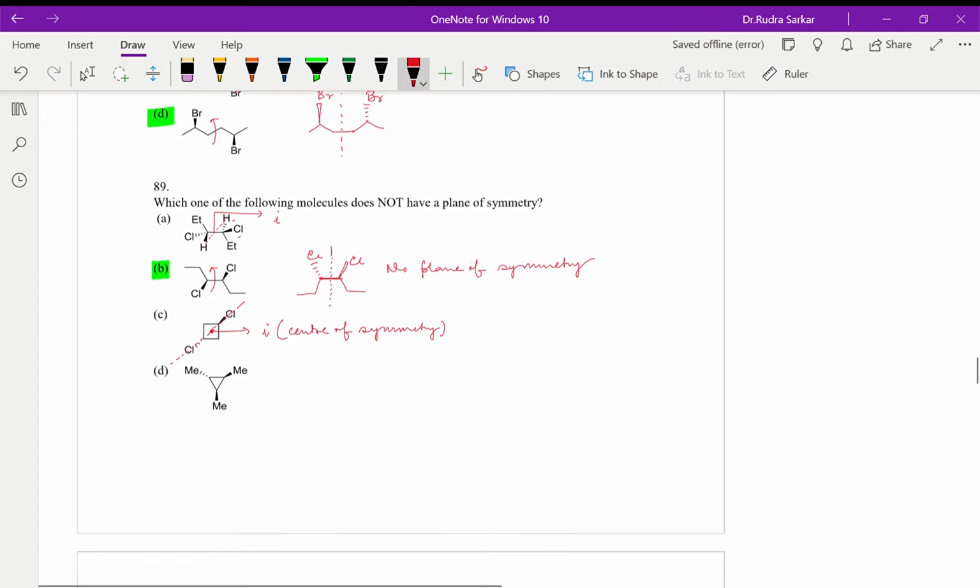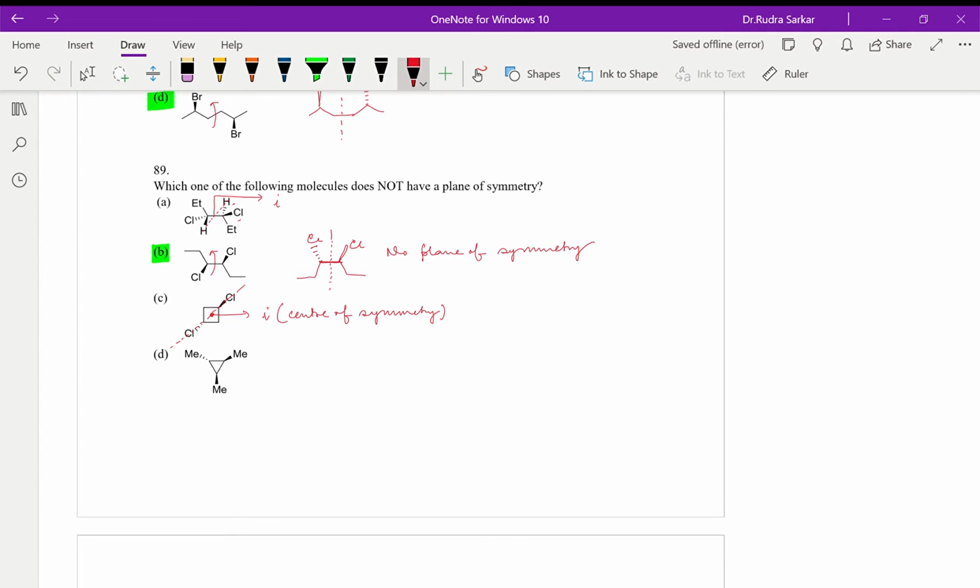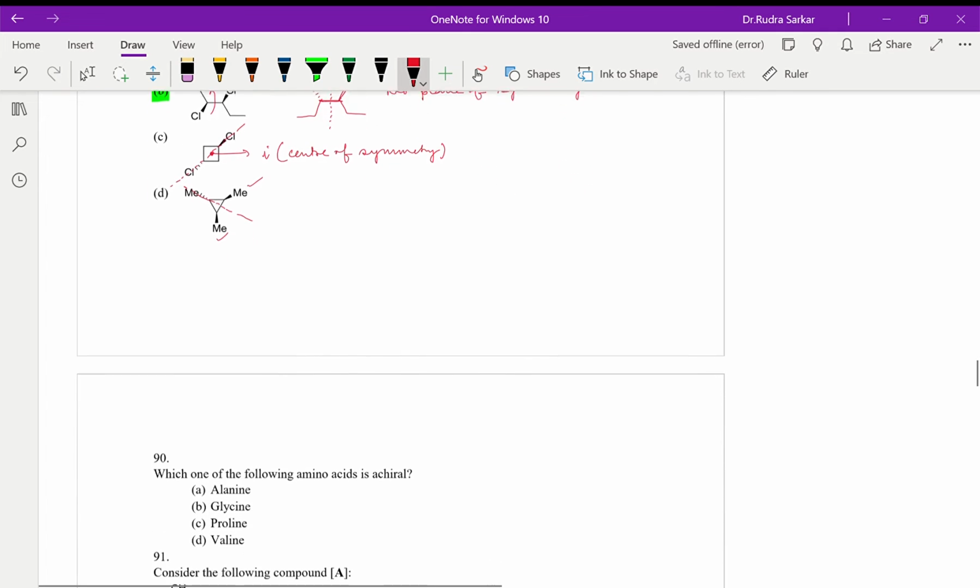Okay, next, for this one also, if you check, there is a plane of symmetry like this, that is dividing this CH3 molecule into two equal halves and passing through this bond, to the middle of this bond. So we will say this half over here, this side, and this half over here, they are equal or mirror image of each other. Okay, next,